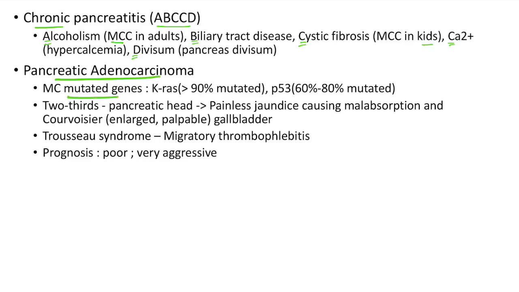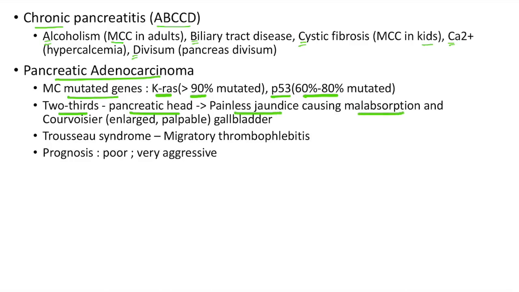Now let us see about pancreatic adenocarcinoma. The most commonly mutated genes in case of pancreatic adenocarcinoma are KRAS and P53. KRAS is mutated in more than 90% of cases and P53 is mutated in around 60 to 80% of cases. It is important to remember that almost 2/3 of pancreatic adenocarcinomas occur in the pancreatic head, leading to painless jaundice,